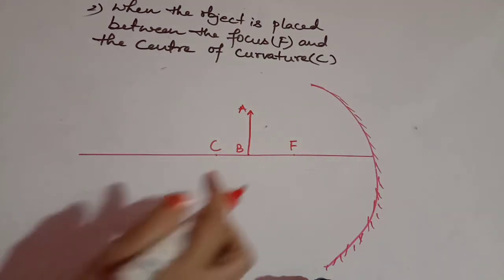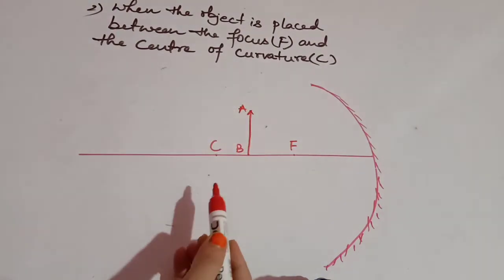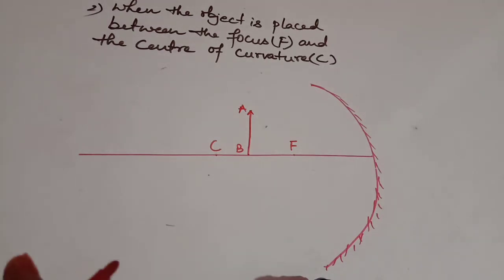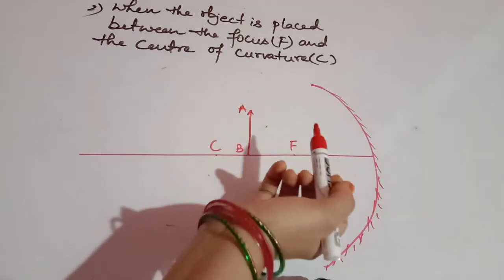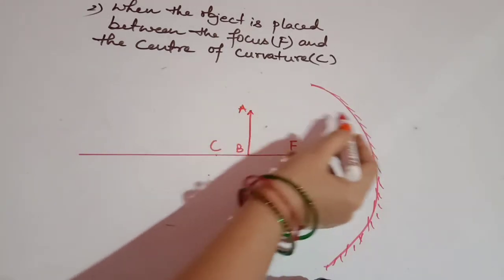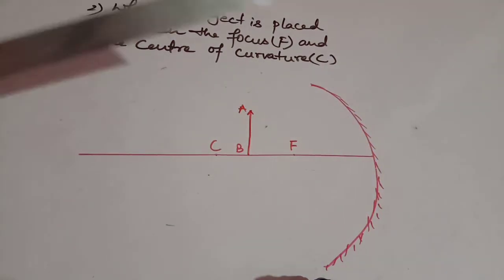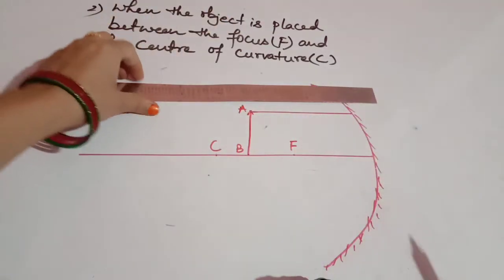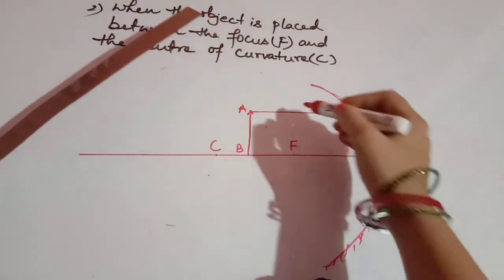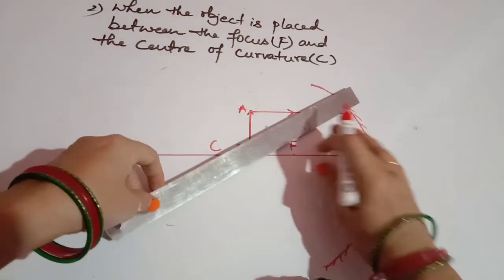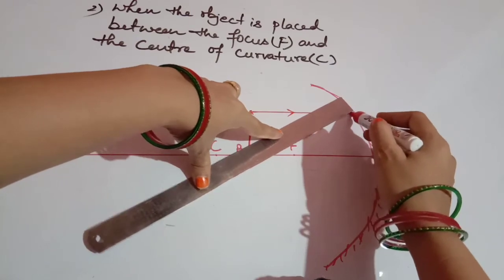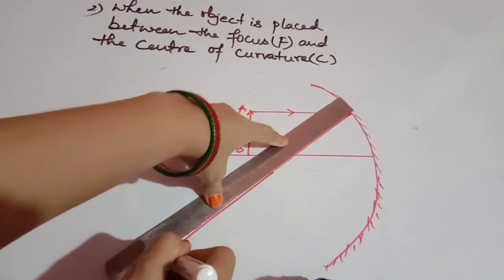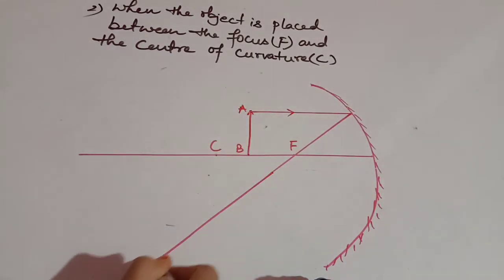Now again children, the same thing. From this point, how many rays do we have to draw? Two incident rays. We will follow the rules, and when the two reflected rays cut each other, at that point we will get the image of this object. So the very first rule is what? Parallel to the principal axis. Again we will draw one ray from the point A, from here. This is the ray that is parallel to the principal axis. This is the principal axis. So what happened? This ray will be reflected back through the focus, the F. So this will be reflected back like this. This is the first ray of light.